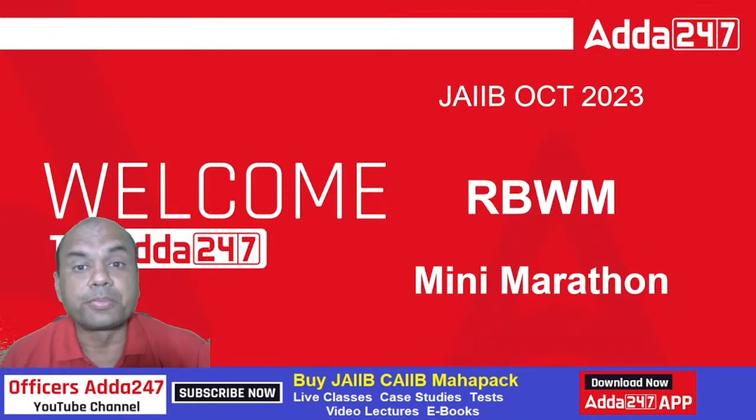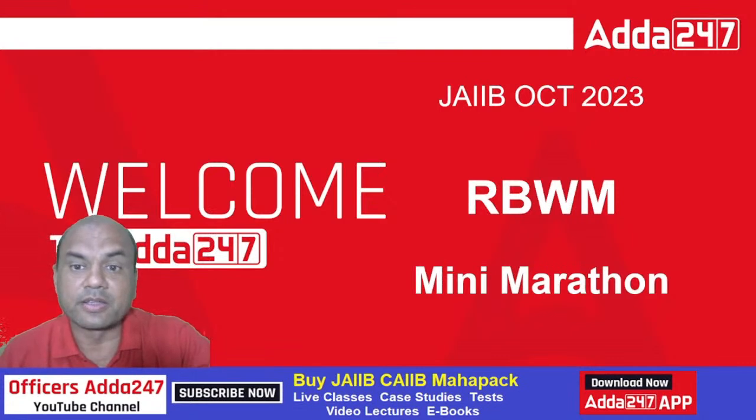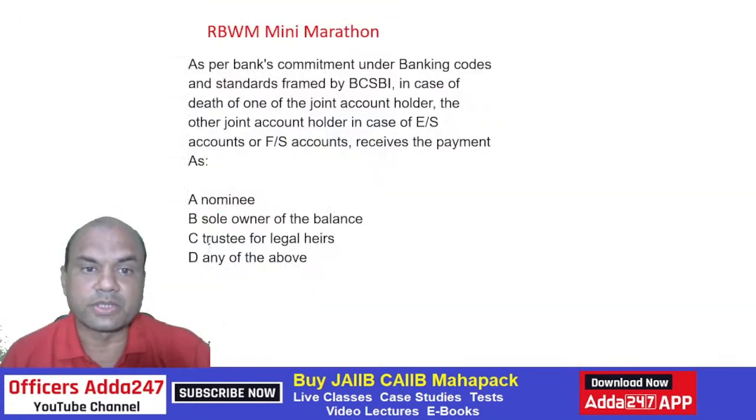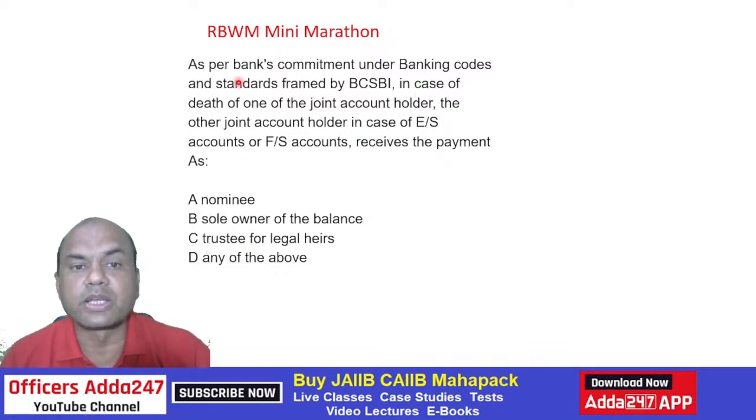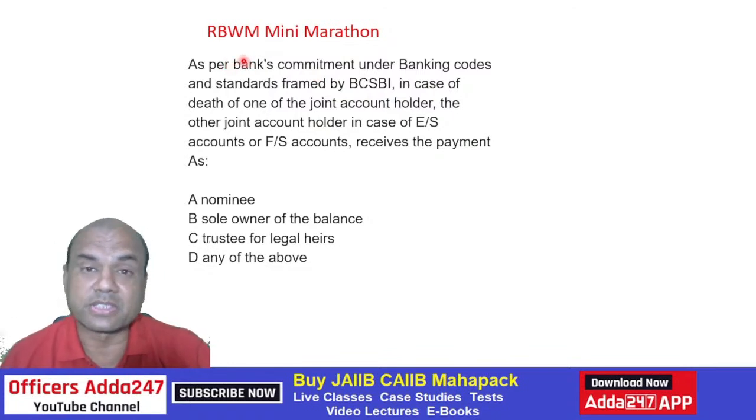Objective questions, these are totally new and the difficult ones. So let's start. First one, as per the bank's commitment under BCSBI, means Bankers Code and Standards framed by BCSBI. We'll read it faster, because we have to cover almost 50-60 questions. We'll be doing it fast because the more questions we do, the easier it is for you